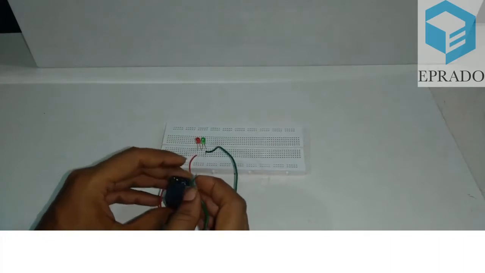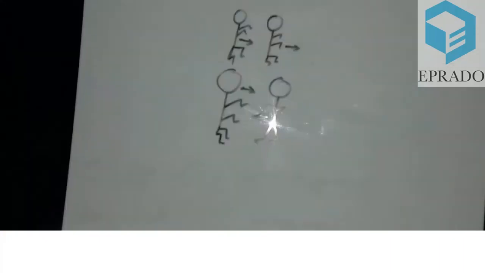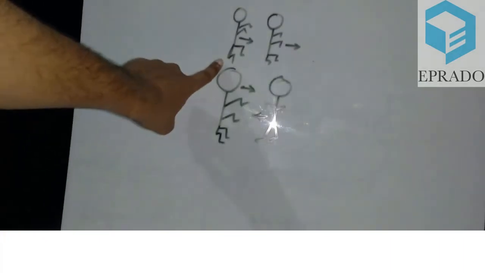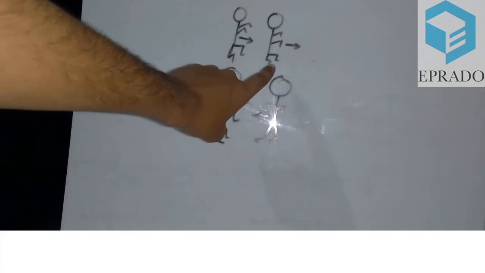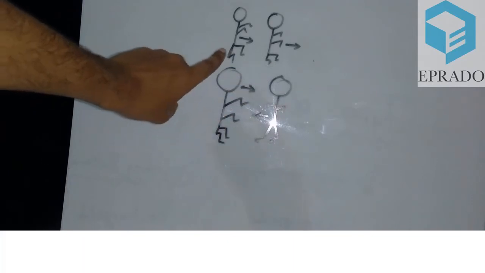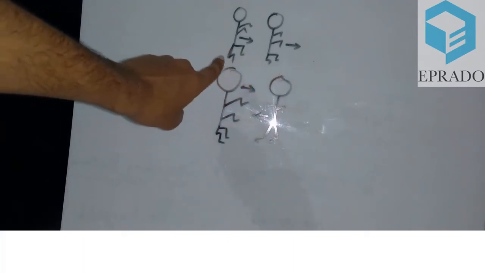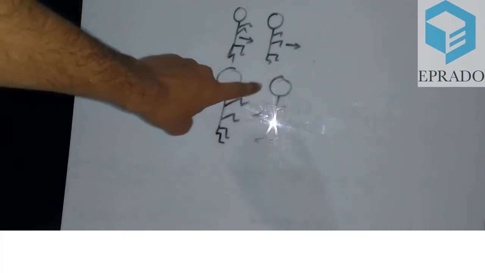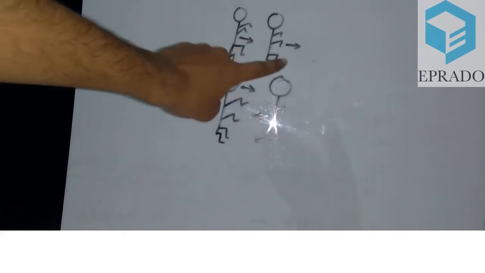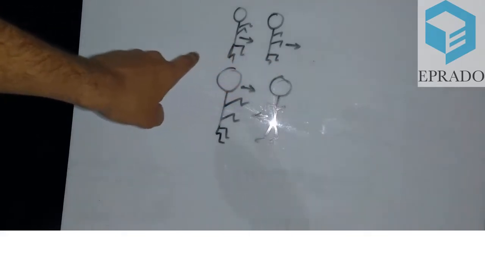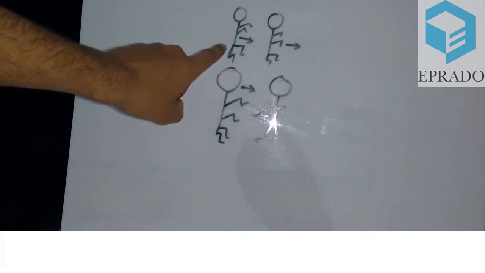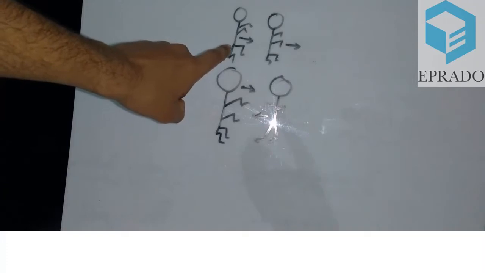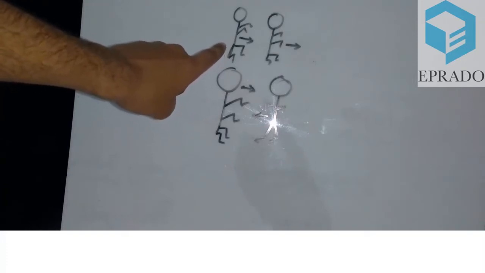Why? Let's have an example. Consider this is you and your friend moving in the same direction. So if you and your friend both are running in the same direction and if you hit each other, then there will not be more painful reactions. So the pain you feel will be very low.